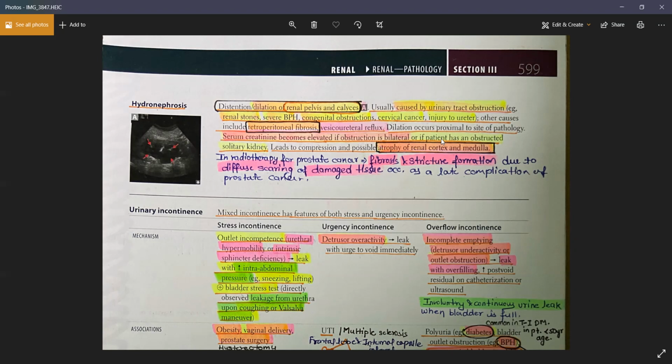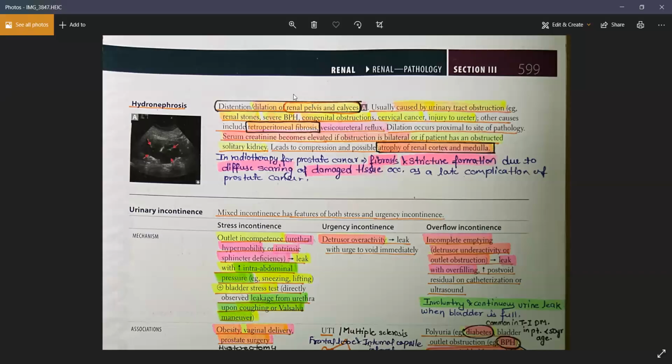CT or MRI of the patient. Okay, so that's all about the hydronephrosis. Like all the causes are very important, right? The stones, BPH, congenital obstructions, cervical cancer, any injury, fibrosis because of any surgery or because of any radiotherapy, vesicular reflexes. All of that can cause a dilation in the tracts of the kidney, for example, the pelvis and the